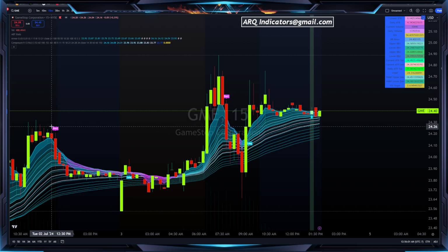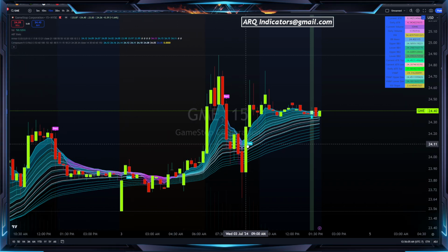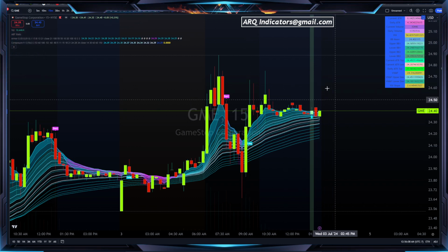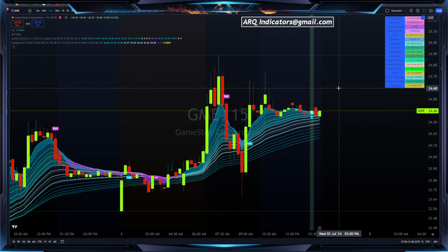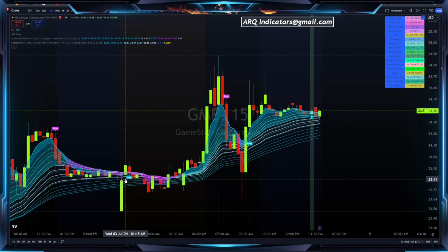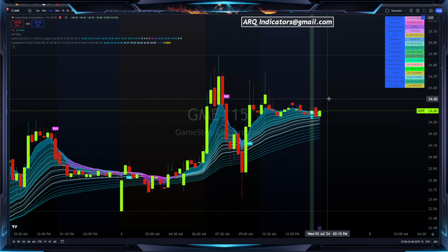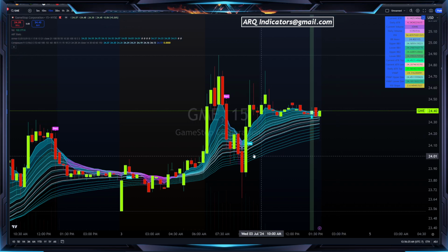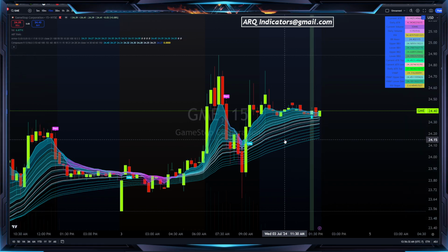Just to kind of put things into perspective here: you get a short signal, that means downside. You get a long signal here, that means upside. You get a short, that means down. Long, that means up. And we don't have a short signal present. So this means that there quite literally may be a continuation to the upside, similar to the long signal that we got here. That is a very, very curious thing for me to observe, that we didn't actually get a signal to resolve the long. So this is good. That means that we do have some potential upside coming in, specifically on the 15-minute time